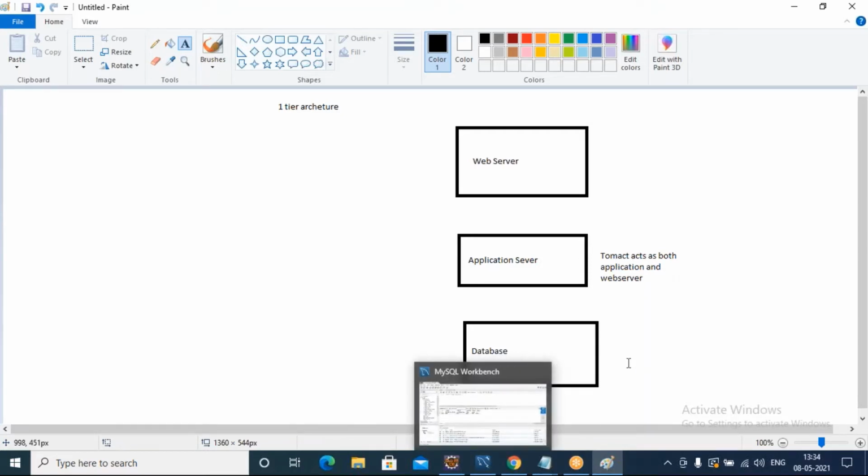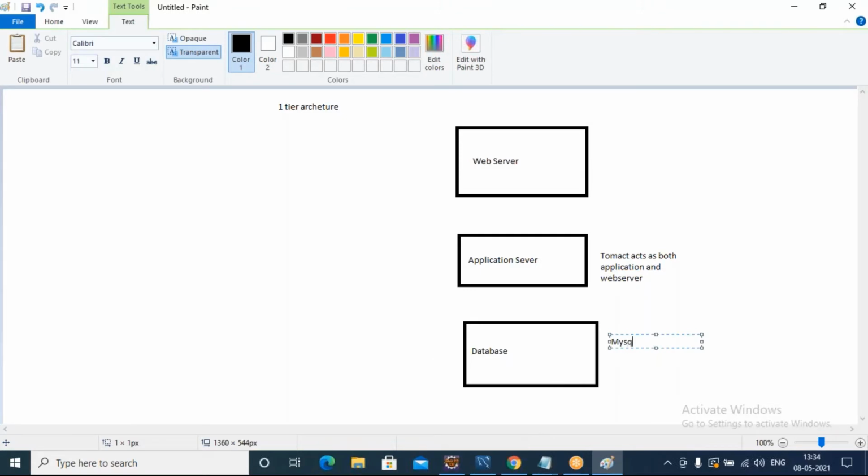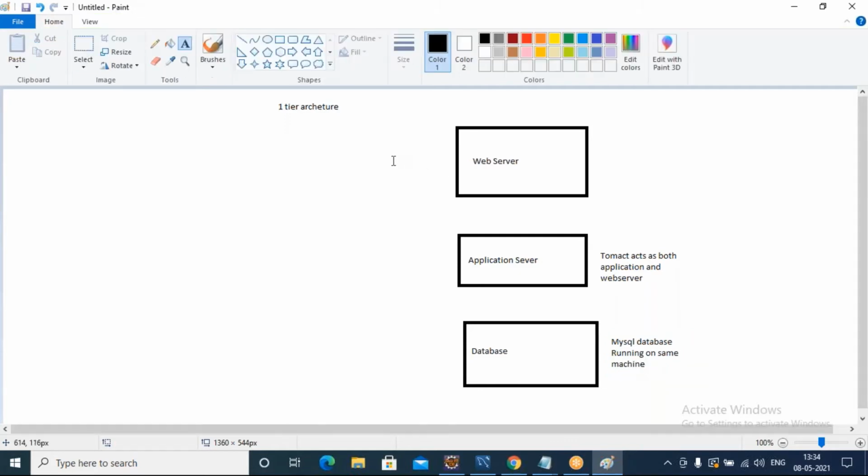The MySQL database we are using is also running on the same machine. That's why I called this architecture one-tier architecture. So Tomcat server acts as both web server and application server.